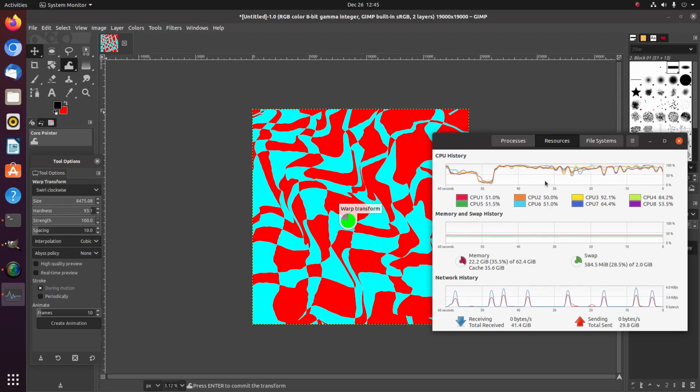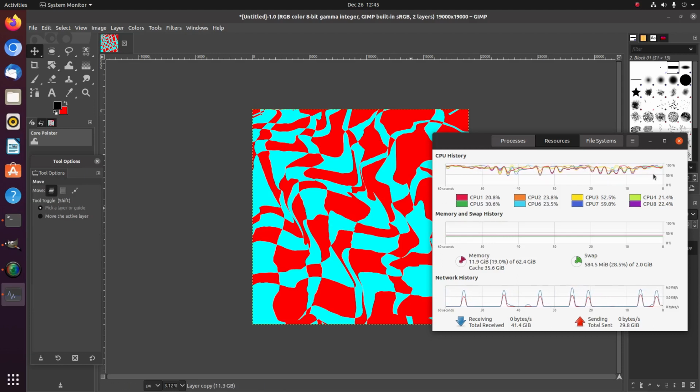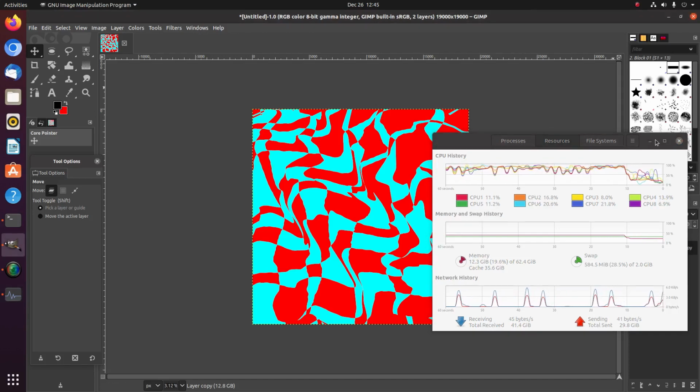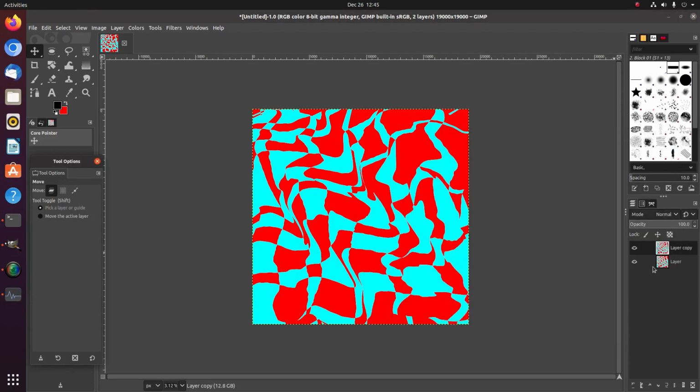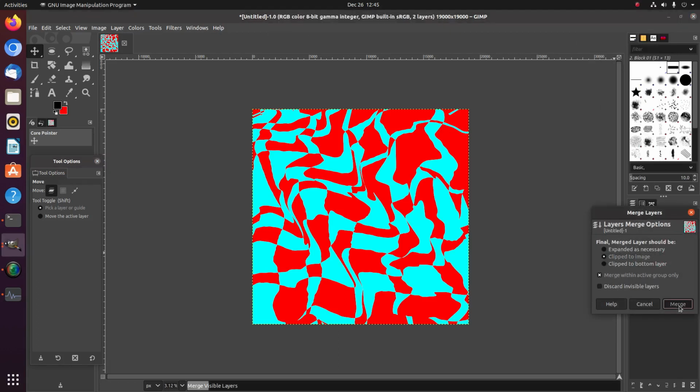And sometimes you have to wait quite a while. Maybe a minute, maybe 2 minutes, maybe 3 minutes to have it apply your changes. And then you can see it'll stop here, and then this eventually will drop down. The CPU usage is now lower than it was after finishing that task. Okay, you're gonna merge visible layers,